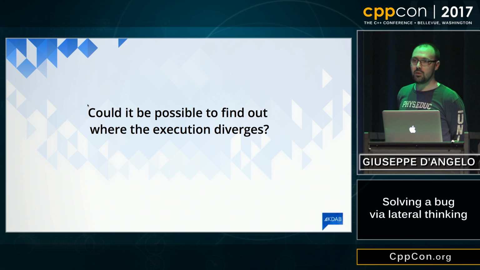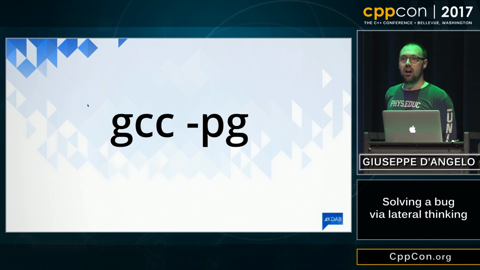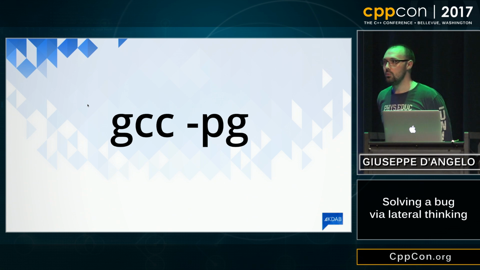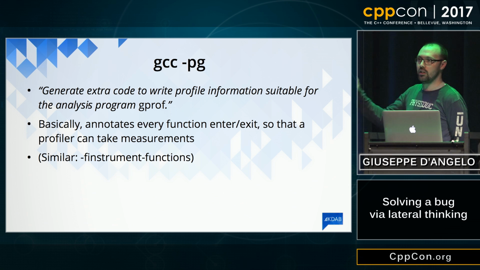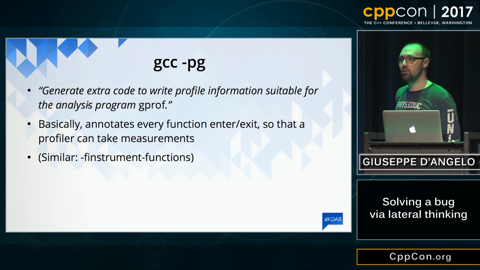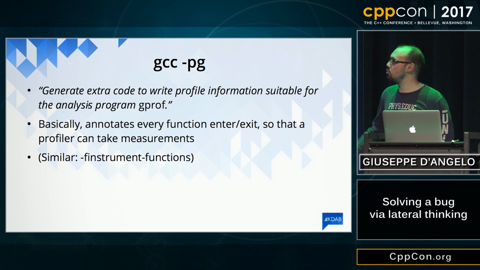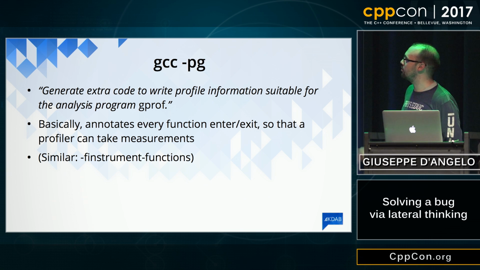And turns out there is a way. There is a way that has nothing to do with debugging, there's a way that has to do with profiling. How many of you know about the -pg option to GCC or Clang? Yeah, some of you do. The PG option tells GCC to basically instrument all your function calls in a way that every time you enter a function or you're exiting a function, you can keep track of that. This is usually used by a profiler to figure out how long you're inside a function. I do not need that. I just want to know which functions I was walking through and what were the arguments passed to this function, what were the return values.